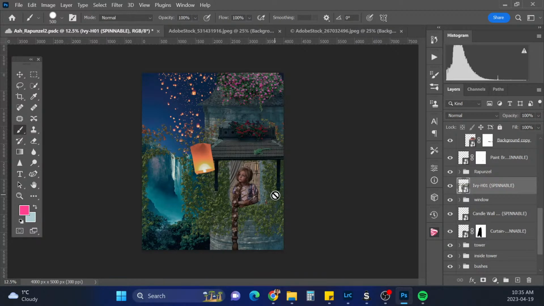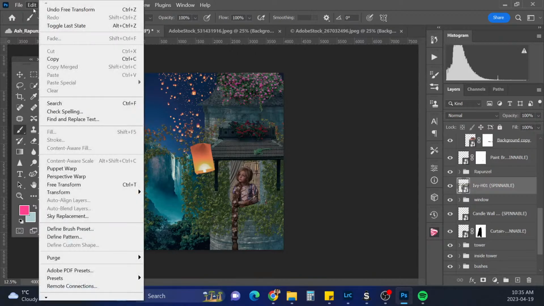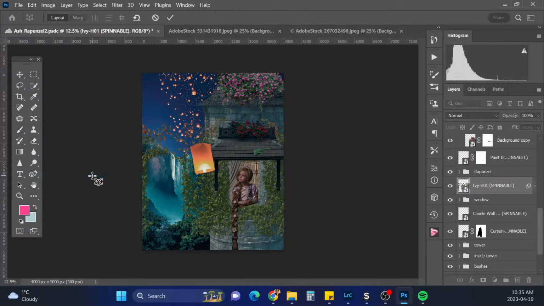All right. I'm obviously gonna have to paint some of the leaves in front of this awning here, but what we'll do is, I wonder if Edit, Perspective Warp maybe would help with this one.